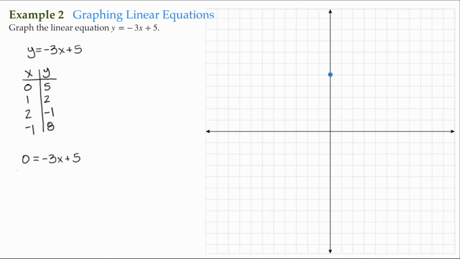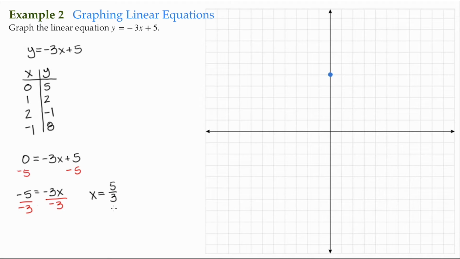So for solving, we'll go ahead and subtract 5 from either side. We then have negative 5 equal to negative 3x. We can then divide either side by negative 3. So therefore, x is going to be equal to